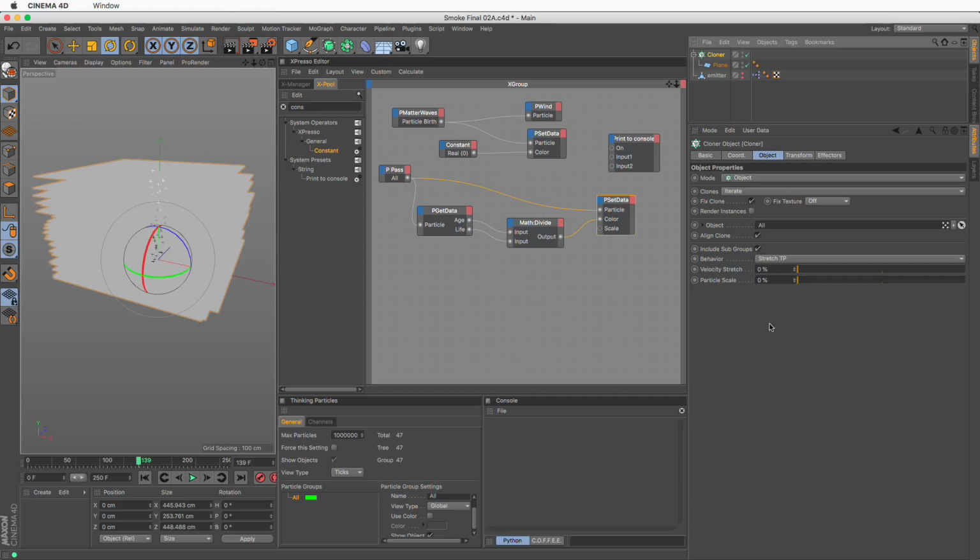Now, if you're wondering why we don't have controls for everything else, well, that was a decision they made when they were creating MoGraph, but I'm going to show you a way you can actually map any of the particle data to any other parameter in MoGraph. And this is a big part of this tutorial. So let's continue.